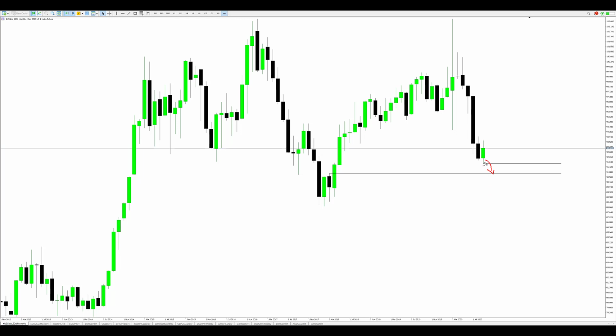So we have seen a rejection to the upside, which was bound to happen because of this price point here. This is our last down close candle. That is a bullish order block. So you would say you can expect dollar to at least show some appreciation from the current price points.